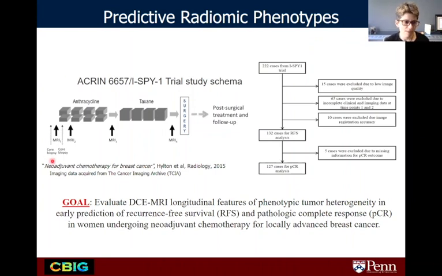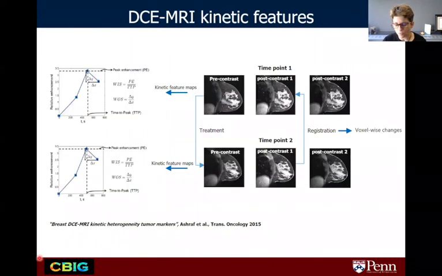You can see that this imaging was acquired at baseline, which is what we used for our previous validation, but is also acquired early in the course of therapy, at midpoint, and right before surgery. This is a trial of neoadjuvant chemotherapy. So we can start thinking about, can we use these heterogeneity markers to look at how the heterogeneity changes? And does it indicate that the tumor is developing de novo resistance to a therapy, or does it indicate that the tumor is remaining homogeneous and responding well to therapy?